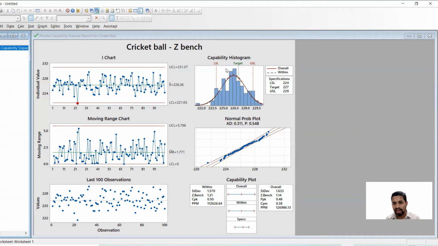Generally, when you plot the process capability, this is the only chart that will be available. But when we ask for the six pack, all six charts will be there. This is 1, 2, 3, 4, 5, 6, right? So this is the one. You can clearly see that there is an outlier. 2.2 is the outlier, right? And this is the LSL. Anything below LSL is rejection. Anything above USL is rejection. So this is the target.